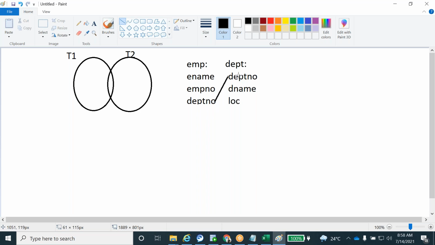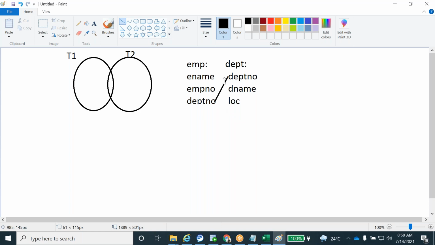Not only the naming convention. I'm not talking about the naming convention. I'm talking about the data inside, the DEPT number data. Whatever the DEPT number data is, it is referenced by the employee table. This is a primary key, and this is a foreign key. So the same data flows into the DEPT number column. We have to give the join condition between these two columns: DEPT number equal to DEPT number. Then only it will display the output, based on these two common columns.